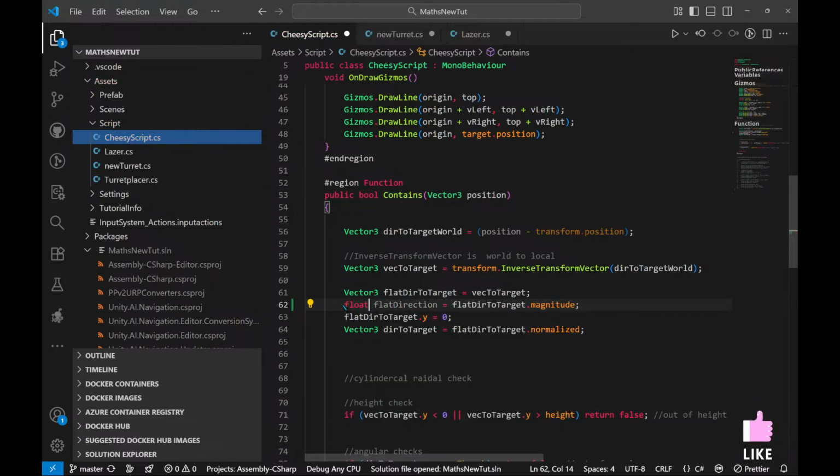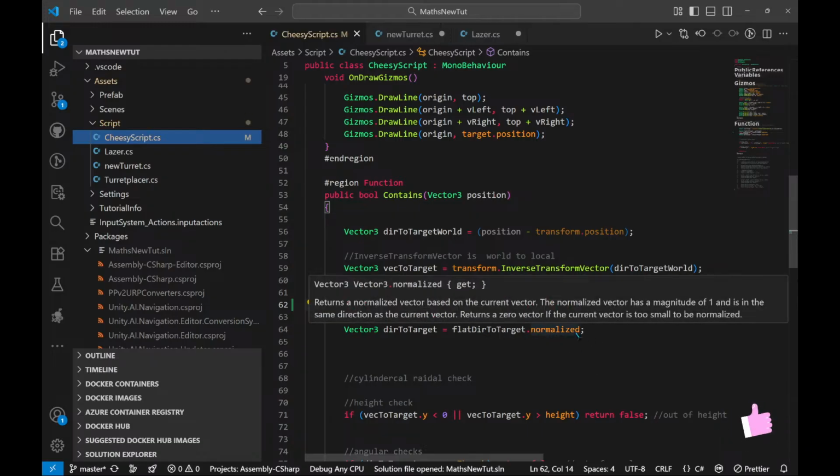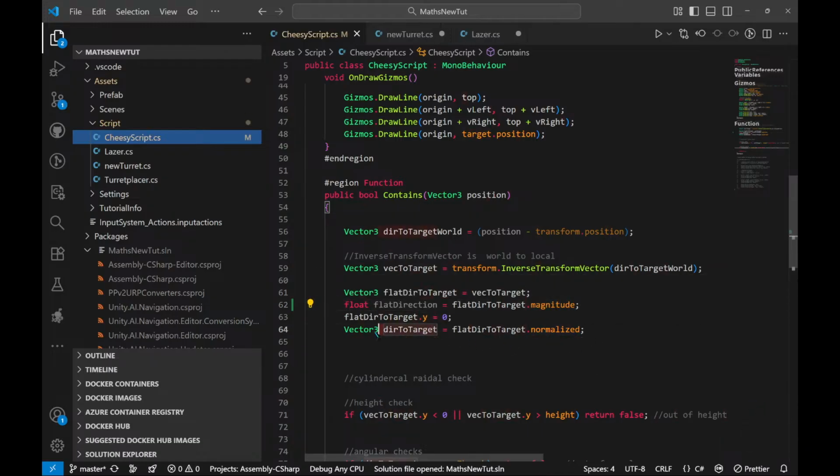Magnitude is always float. So what we have to do is